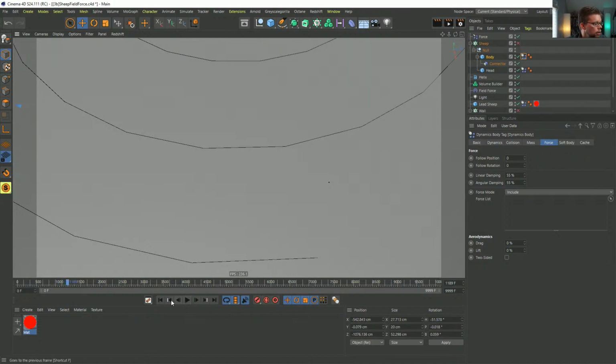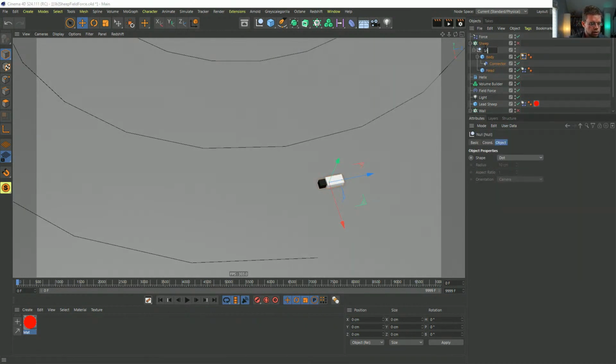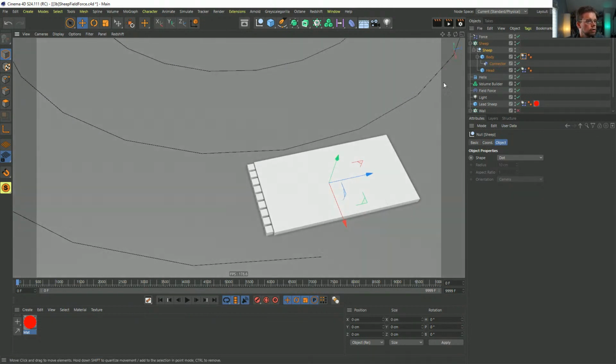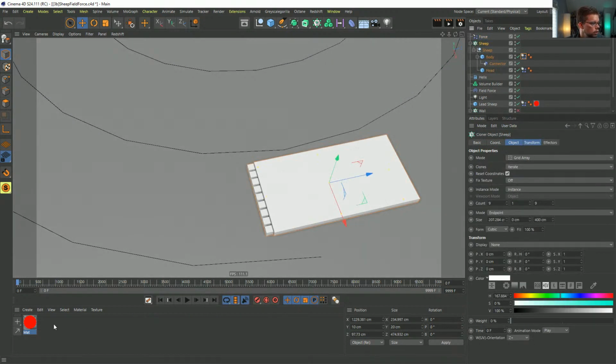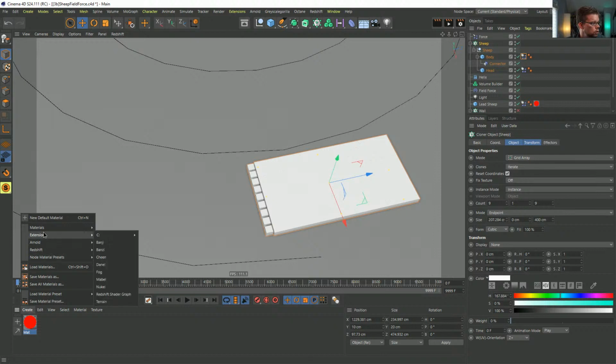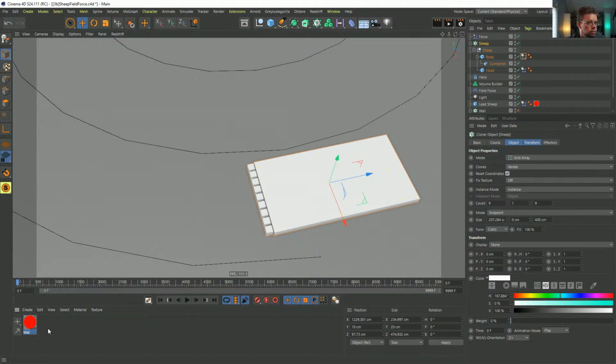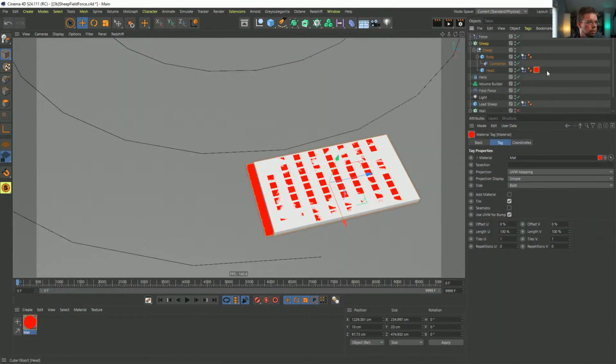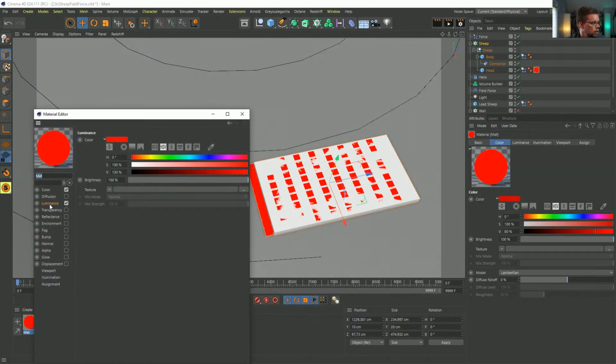But anyway, let's stick with our dynamic sheep. So we've got our cute little dynamic sheep. It's in a null. That can now be named sheep. And now we can make the entire cluster of them. And I said the cloner is going to take over the color. So we do need to hopefully make a material that actually will remember itself. Yeah, for now, whatever reason. Like I said, I think the Espresso didn't like something about it.